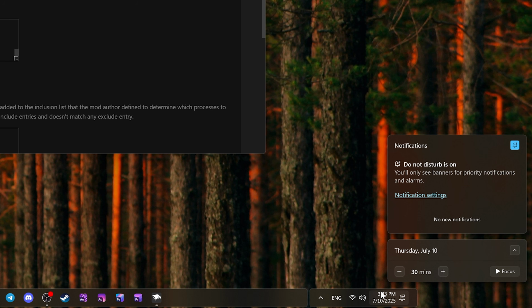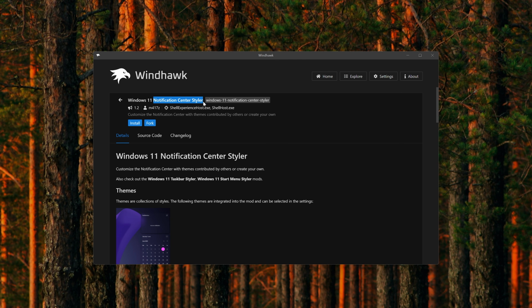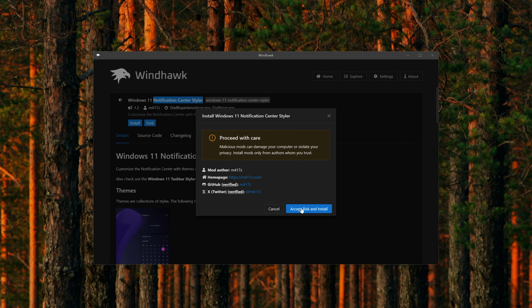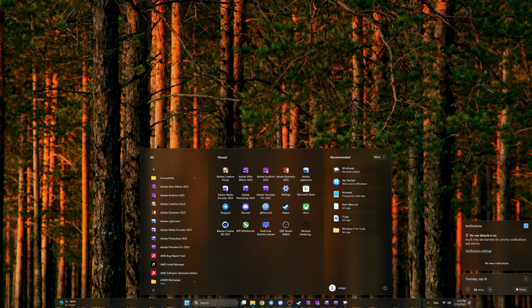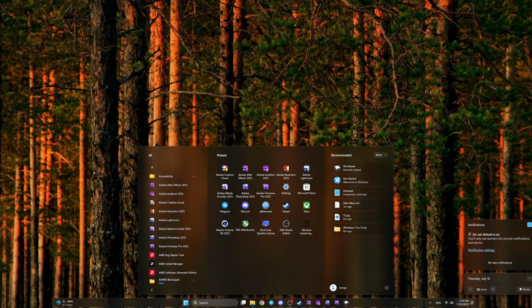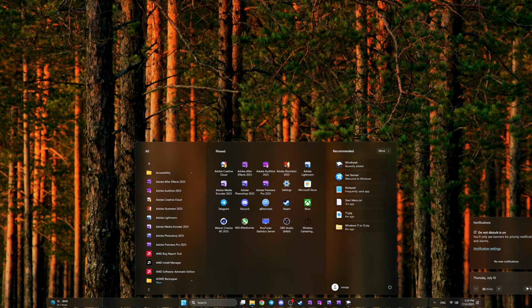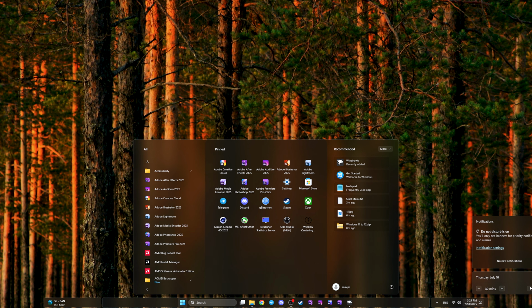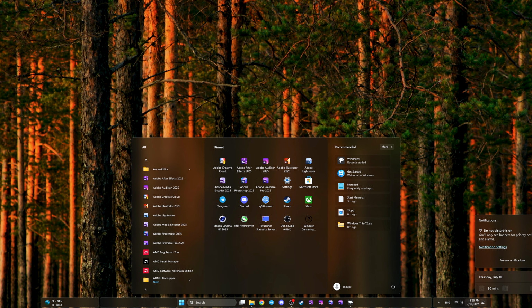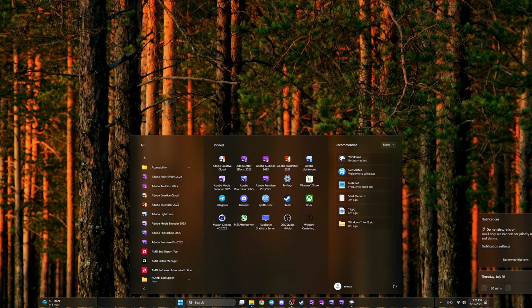To ensure the Notification Center doesn't stand out from the overall picture, we install Notification Center Styler and perform the same tricks as before. And voila, my friends! The end result is so beautiful it could be on a magazine cover. The mystery of the century, why Microsoft with its army of designers and coders can't produce similar customization functionality, which we just created in a couple of minutes with a free utility.